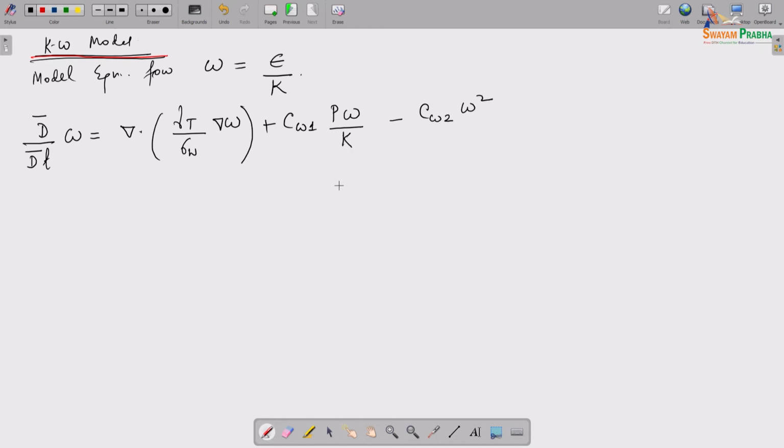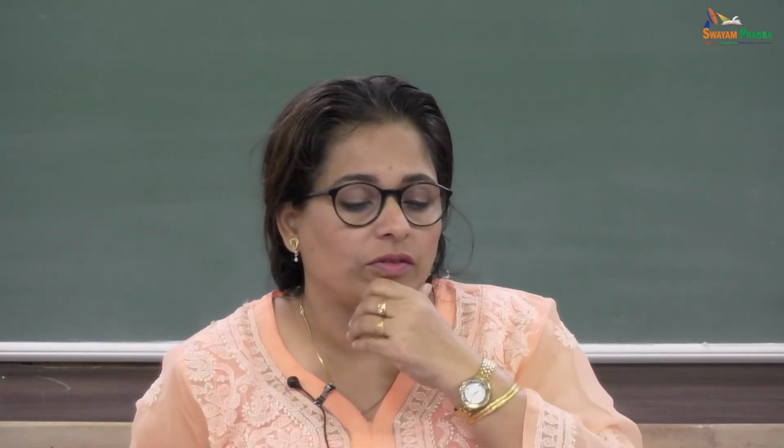Is that right? Okay. Now, we had a K epsilon model, right, and now we are writing the omega in terms of epsilon and the K kinetic energy, right, and then we just simply sort of replace the second equation in the K epsilon model, and we write it in this fashion,